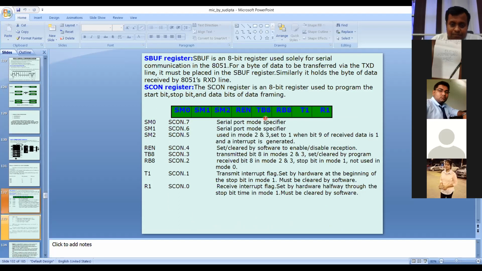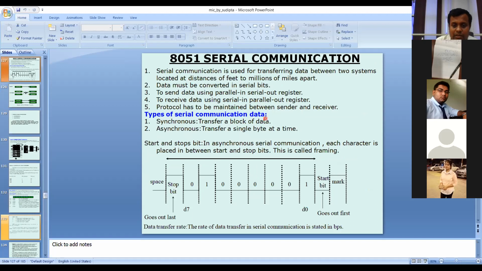Means after this bit is set, data can be received. Otherwise, data cannot be received. And what are the functions of TI and RI? Sir, if I go into the details,